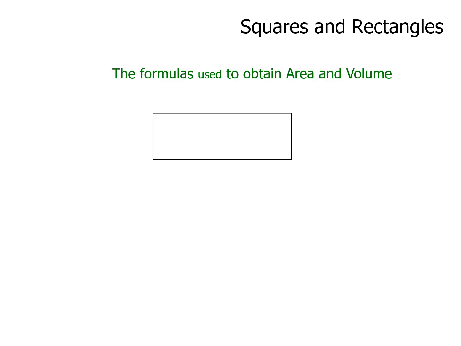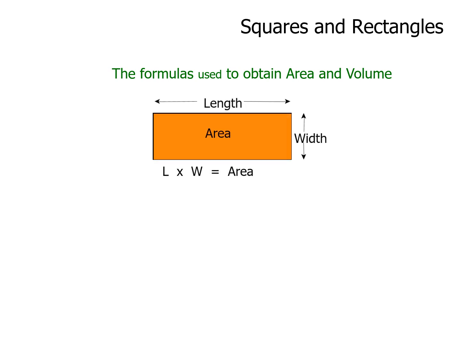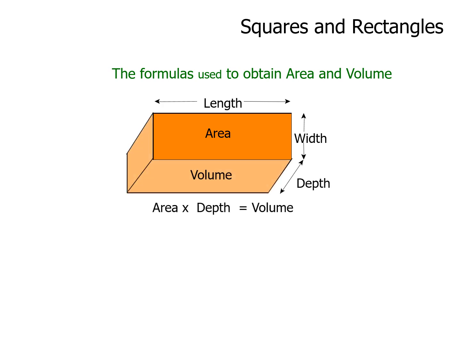So, a square or rectangular shape: length times width. On any area calculation, once you have 2 dimensions, that is an area calculation. Square feet, square inches, square meters, whatever you want. Now, if you take any shape that you have an area of, and multiply it by the 3rd dimension, depth, height, or thickness, you're going to get cubic or volume. So length in feet times width in feet times depth in feet is cubic feet. Okay, it's volume.